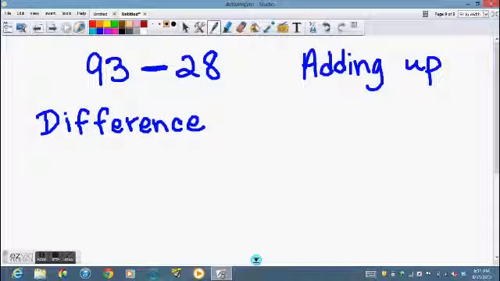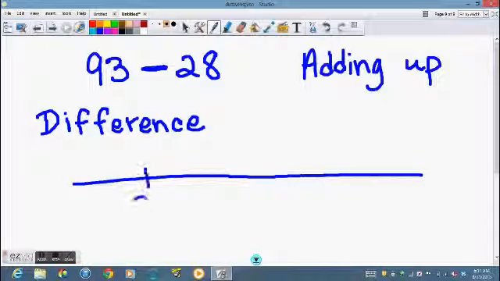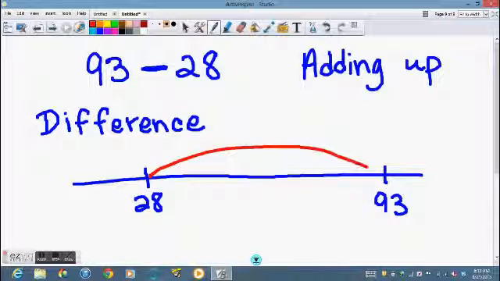So if you started at 28 and walked along this pathway up to 93, how far would you have to go? And that would be the difference between 93 and 28. Okay? So what we do when we do this adding up is we start at 28 and we say,